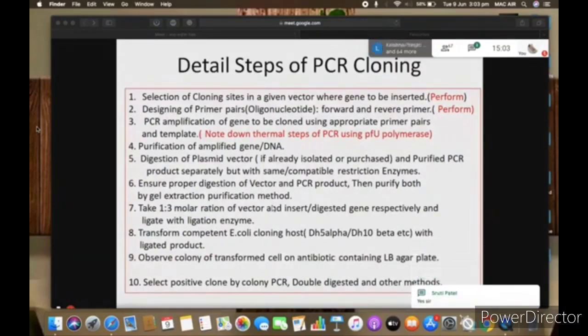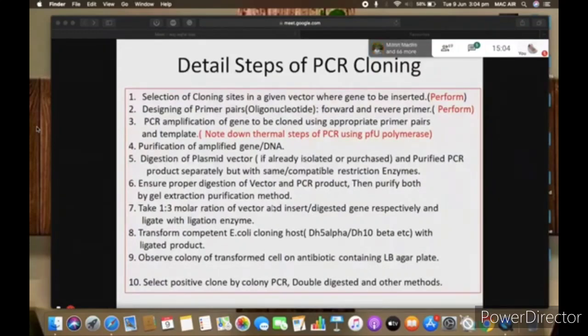So why do we take a molar ratio of 1:3? So that our insert DNA will interact. This is a random process. If it does not interact, then it will not ligate. Sometimes if we don't have enough insert DNA, we add a concentrating reagent like polyethylene glycol so that the local concentration of insert DNA will increase.